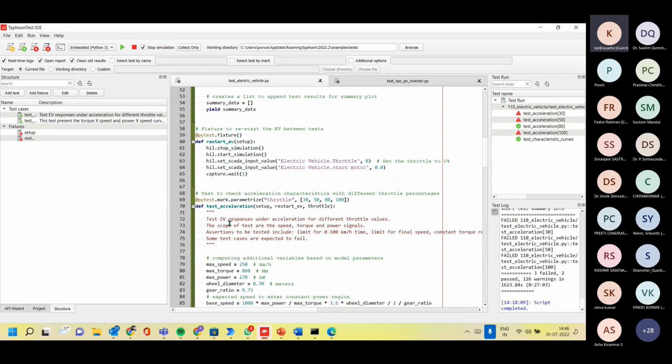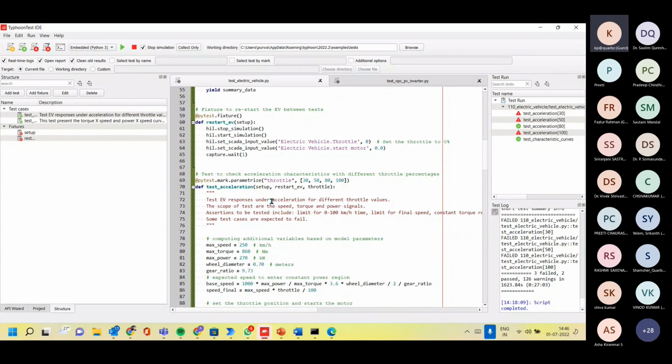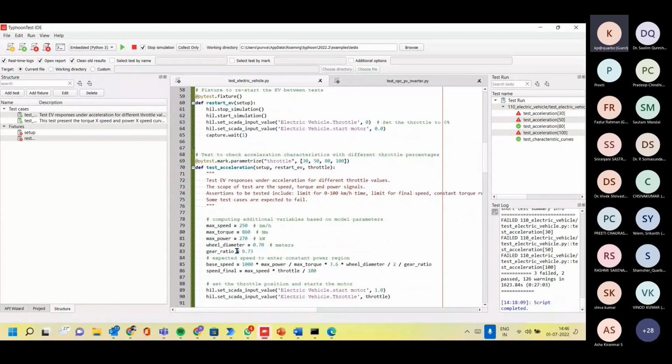Then for the acceleration, they are checking, suppose they are providing throttle like 30, 50, 80 and 100. These are the different points they have given. So for these different points, what is the acceleration? What is the maximum speed? So for different maximum speeds, keeping the wheel diameter and the gear ratio. Now, what is the gear ratio and other concepts? So gear ratio, I can only say that